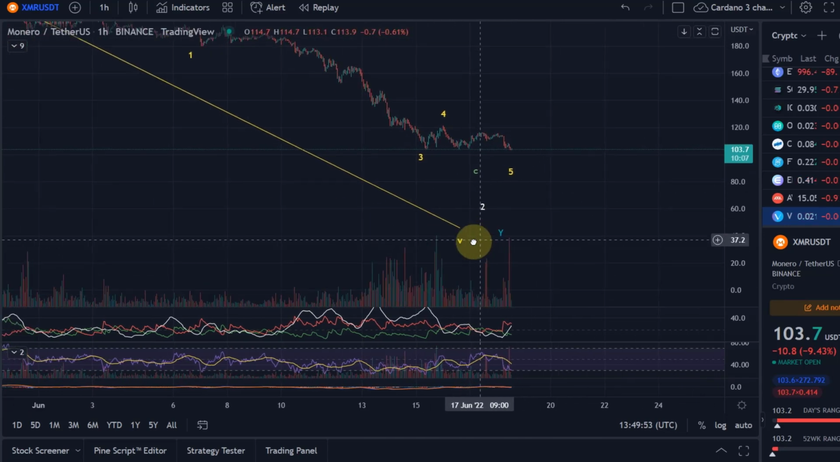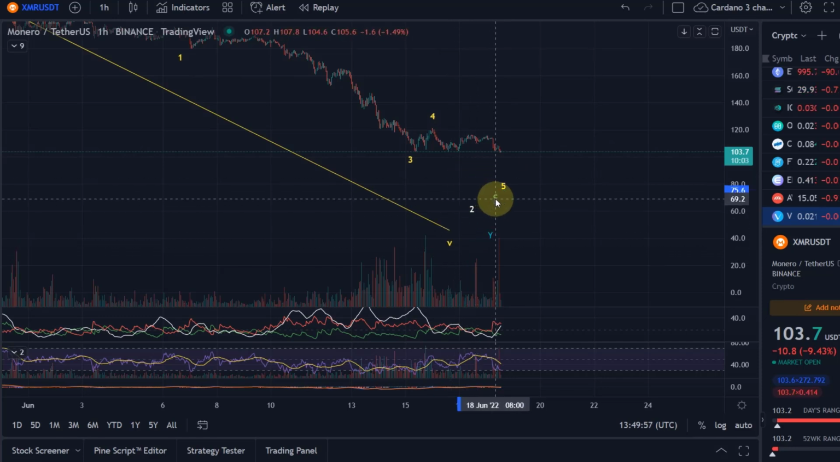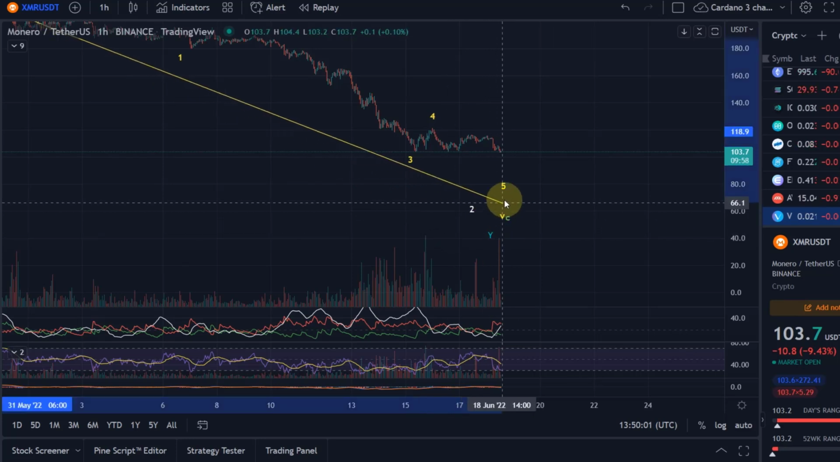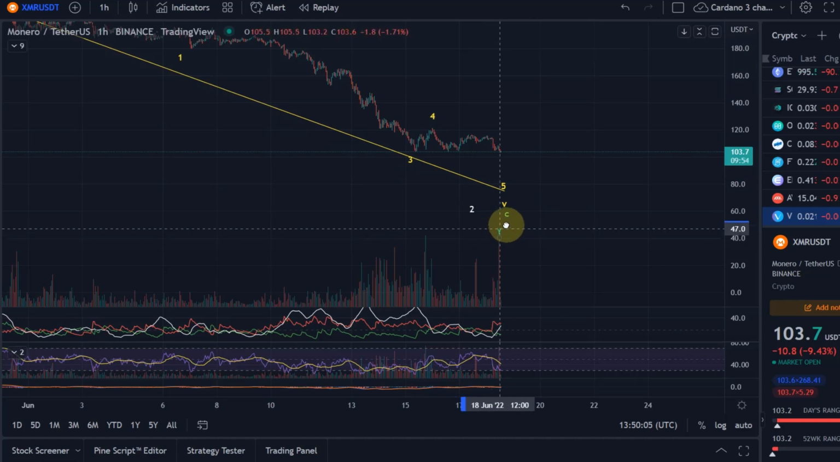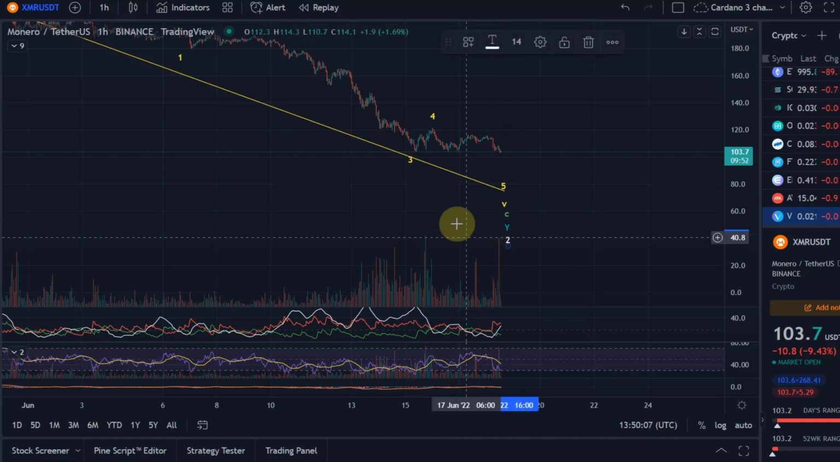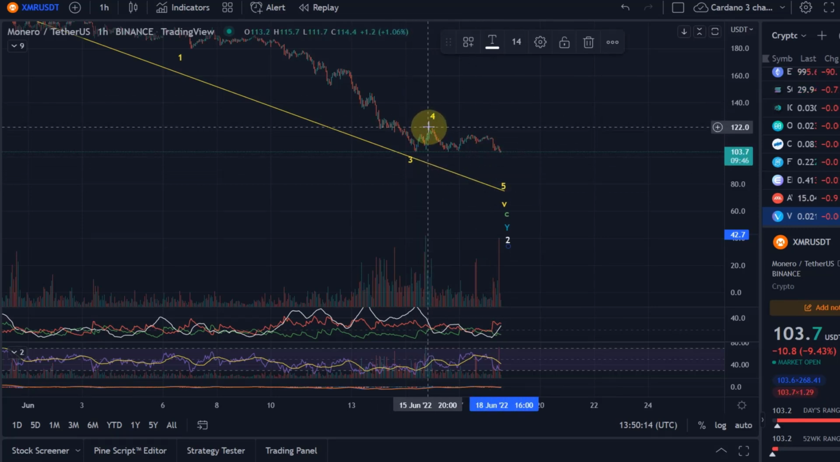So it looks like we are in this wave 5 of the wave C, of the wave Y, of the wave 2. So this means we're very close to ending this correction. So I'm looking now for here in the wave 5 again, 5 waves, and just to make that a little bit clearer here,